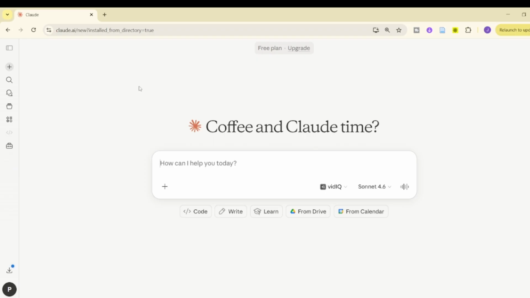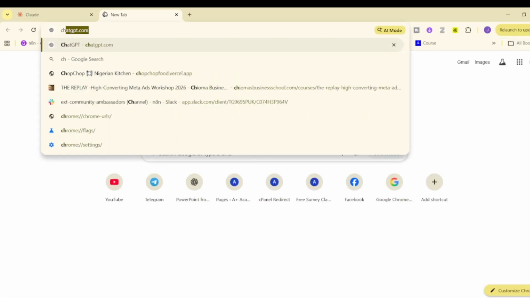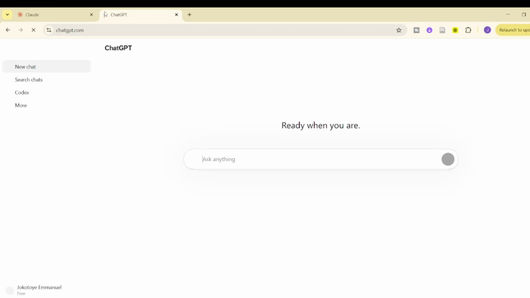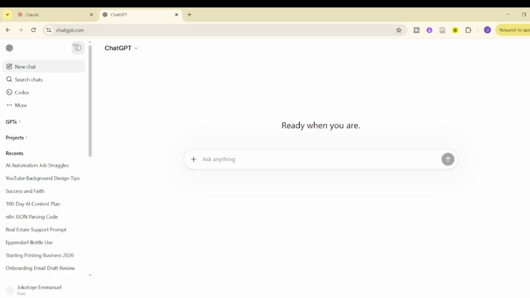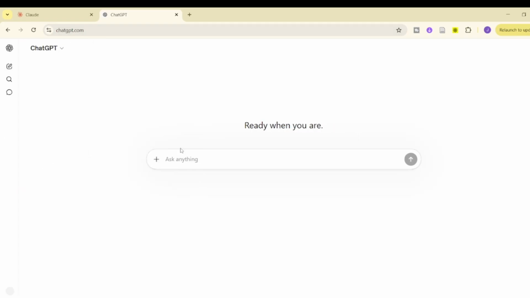So how do we generate a prompt that we're going to use in Claude to generate these leads? Here's what I do. Basically, I go to ChatGPT. I believe most of you have a ChatGPT account. I go to ChatGPT, and once I'm inside ChatGPT, I'll tell ChatGPT that